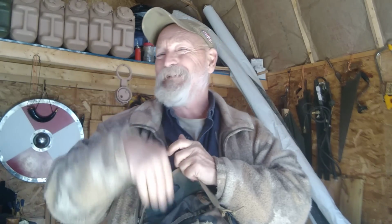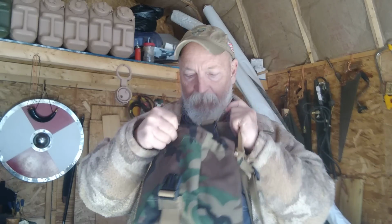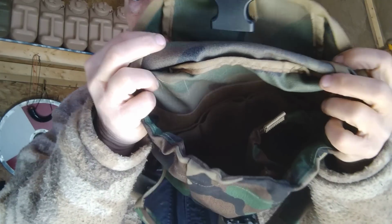The reason for that is, while your magazines are neatly stowed, I'm a lefty, so here's my rifle. While your magazines are neatly stowed and you can reach in and pull them out, if you're changing magazines and trying to retain them, which is not a bad idea in some cases, you can just dump them in here. You can treat this like a dump pouch, and you can just throw them in there and they won't bounce right back out because you have this bungee cord cinching things down. And then you have adequate space in here for other things like a bare IFAK, a bare individual first aid kit, or a bare FAK, bare first aid kit, at